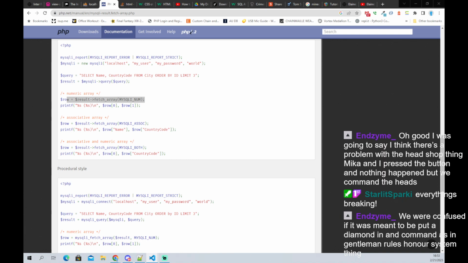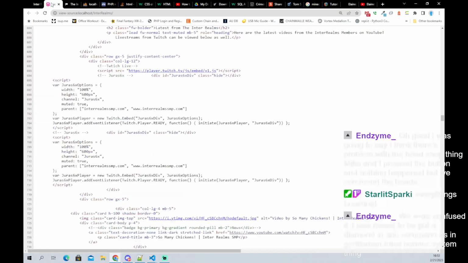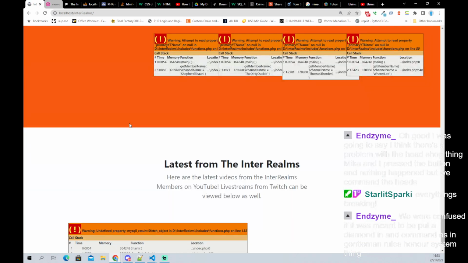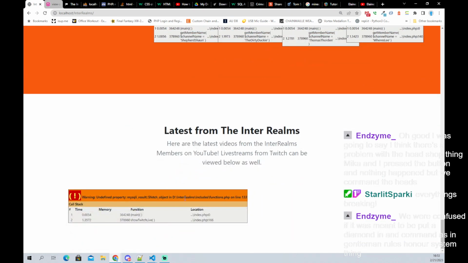Okay, this one. So we're gonna go over here, hit refresh, and go over here and hit refresh. Undefined property result fetch object. That is absolutely what that should be.